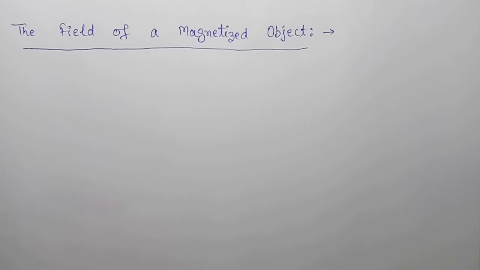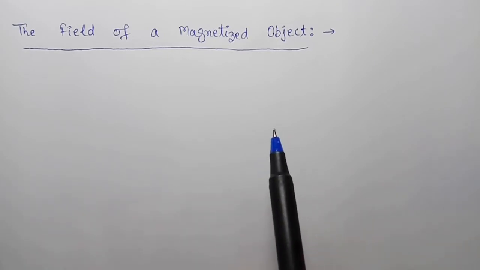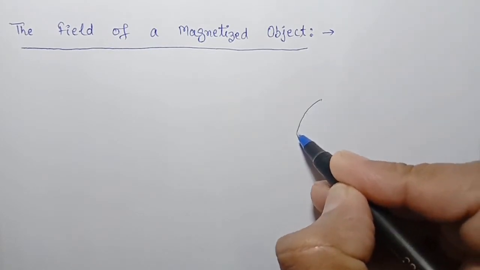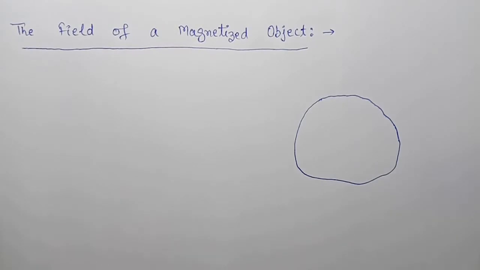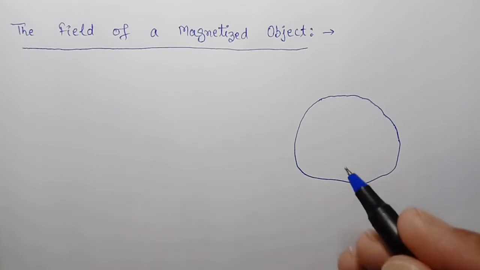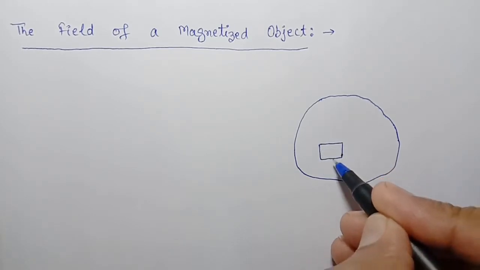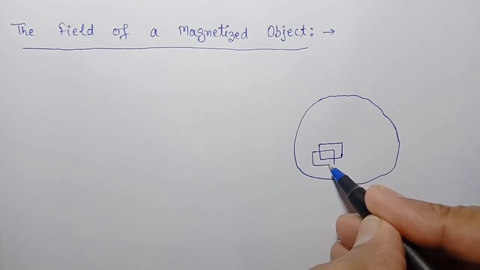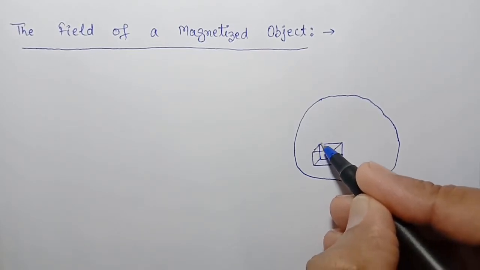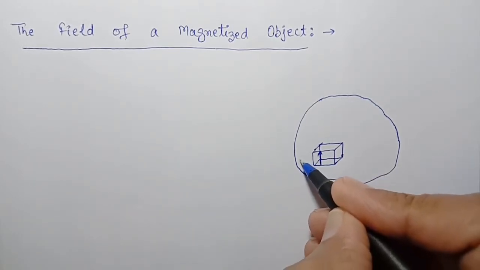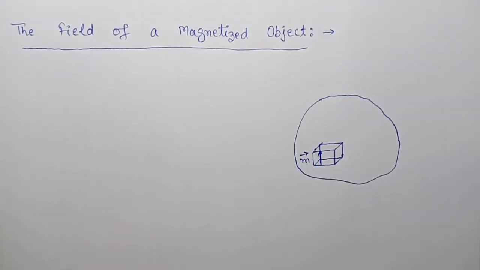Hello everyone. In this lecture we will discuss the field produced by a magnetized object. For this, suppose here we have a magnetized material, and suppose this is a volume element, and here suppose this is one dipole having magnetic moment vector m,